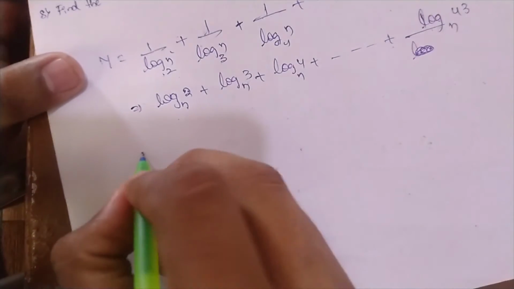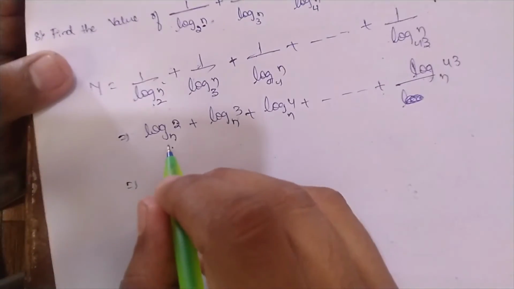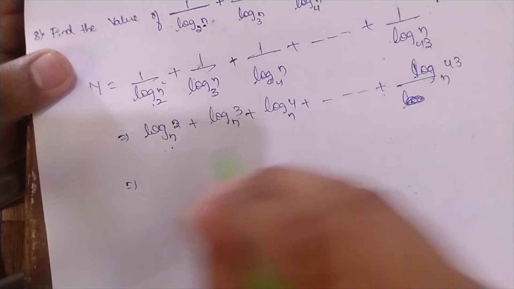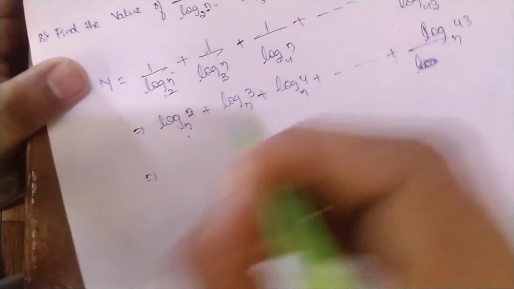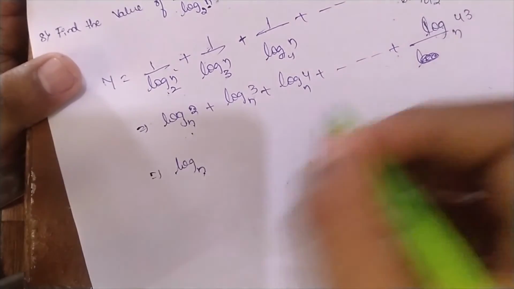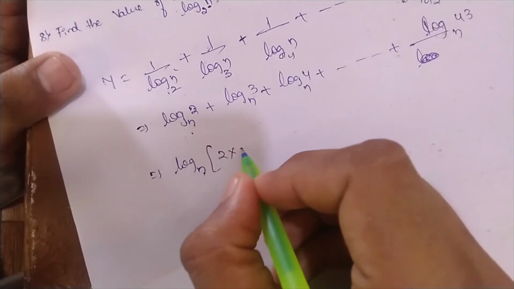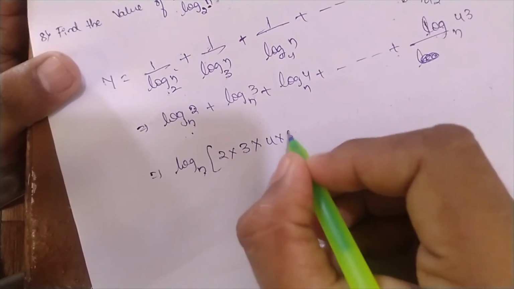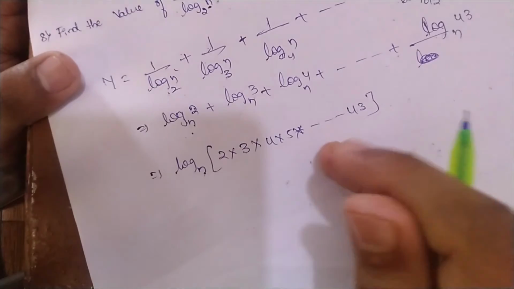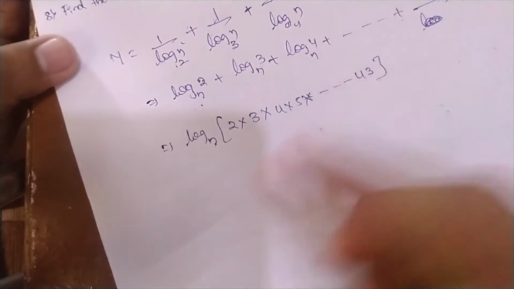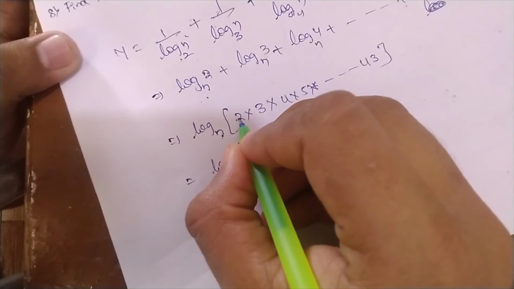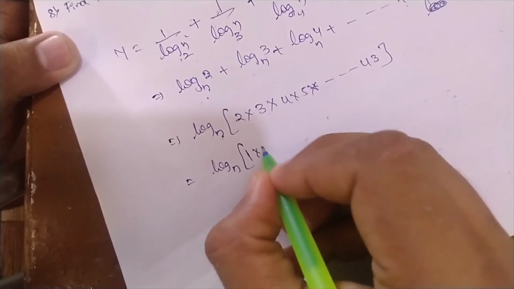Now this is an addition of multiple logs, it can be written as the log of a product. For example, the base n is the same for all, so you can write it as 2 into 3 into 4 into 5 and so on up to 43. So by using the multiplication property of logarithm it equals log n,